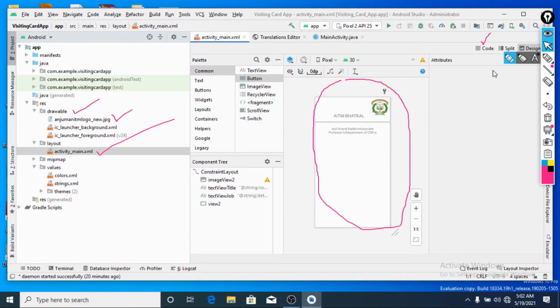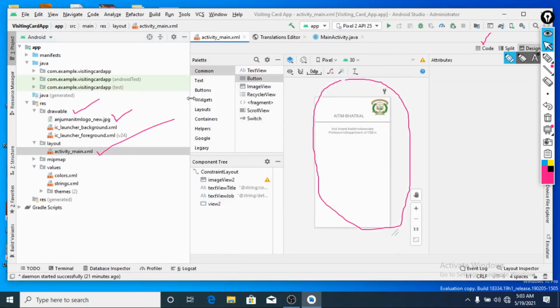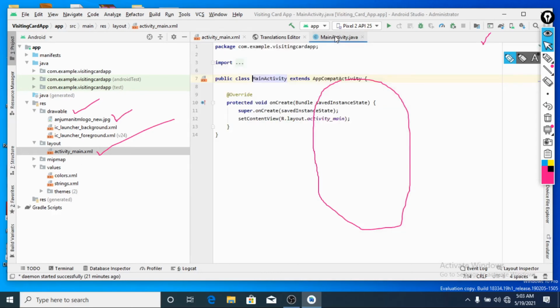Hence you can build your design with the help of drag and drop when you are in design. If you want to build your design with coding, you can code XML and build the design. Hence there are two possibilities: one is you just drag and drop it, otherwise code it. The first point is there is a Java file as well as an activity_main file.